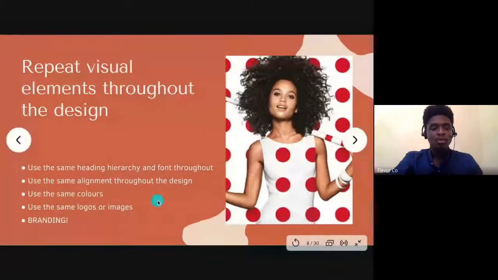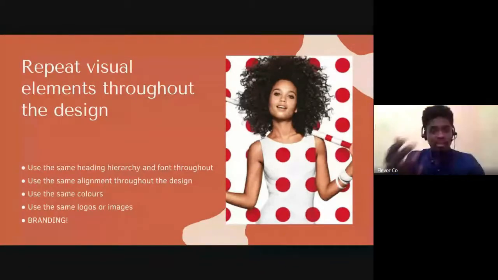Use the same colors, use the same logos or images. For example, if you're designing for social media and your logo is in a particular place on the page, you want your logo to be in the same place on every single page of that design. That's repetition. Repetition creates a sense of